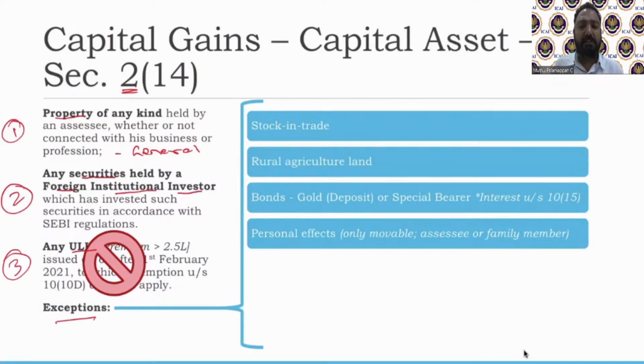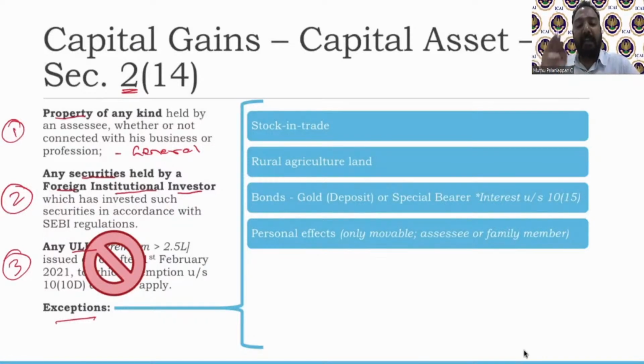Next is rural agriculture land. You would have already covered this in computing exempt income under agriculture. When do you categorize something as rural agriculture land? Depending upon the distance, right? It must be in rural. If not in rural, it must be within the vicinity, like less than 2 kilometers, 2 to 6 kilometers, 6 to 8 kilometers. Vaguely remember what you studied during your exempt income chapters. So there's a classification, right? First thing is it is not in urban. That's a straightforward definition.